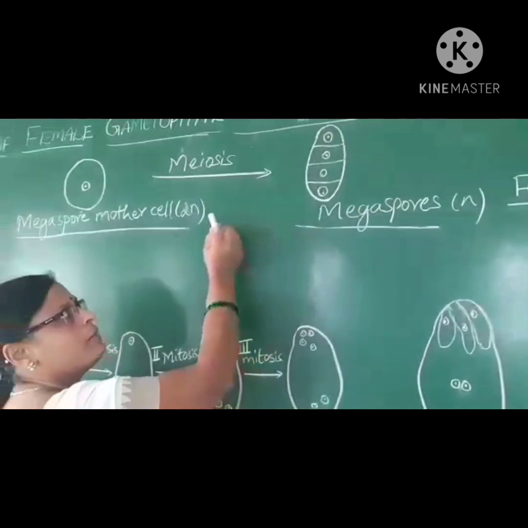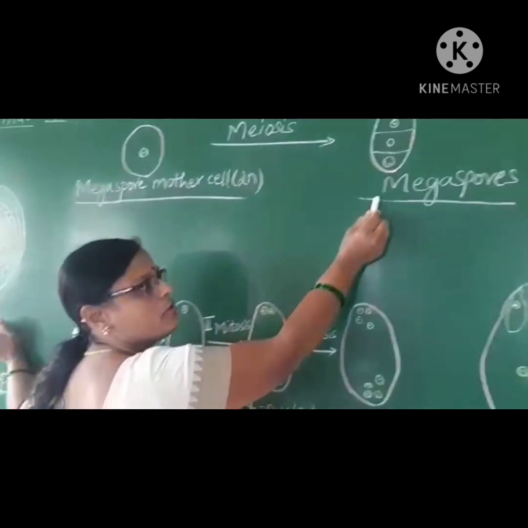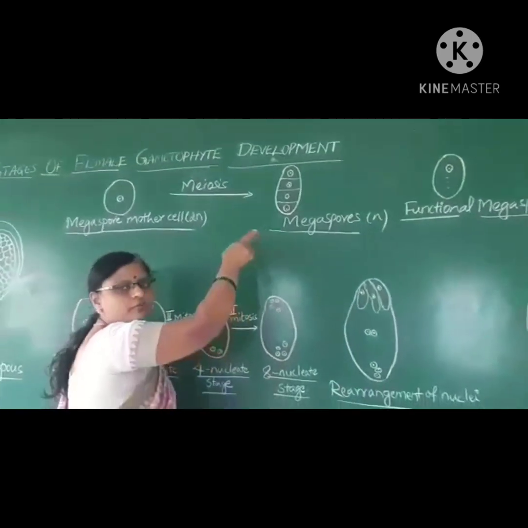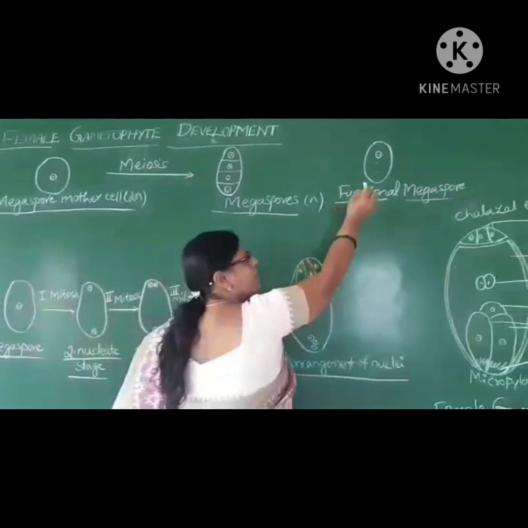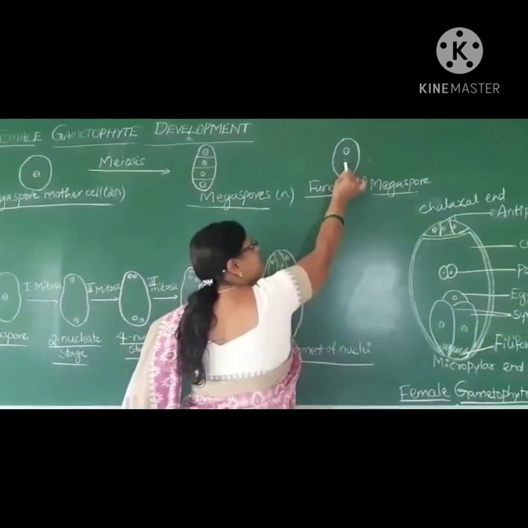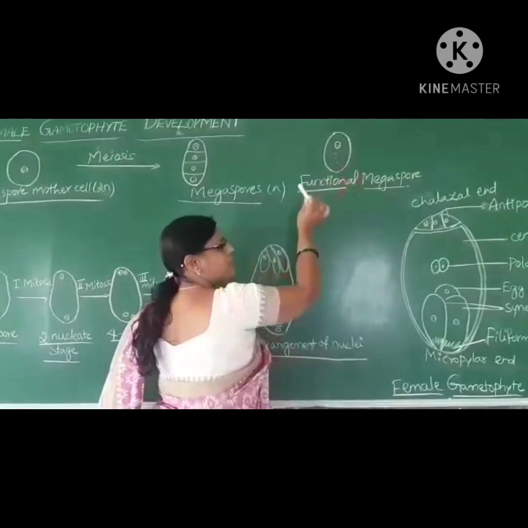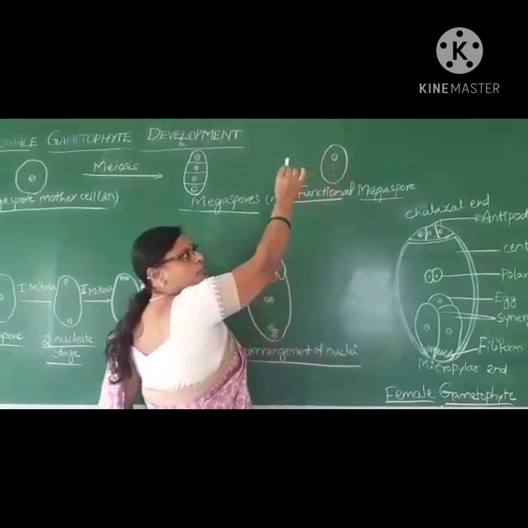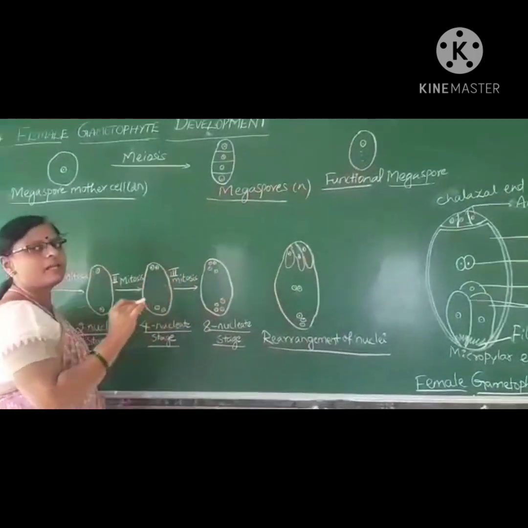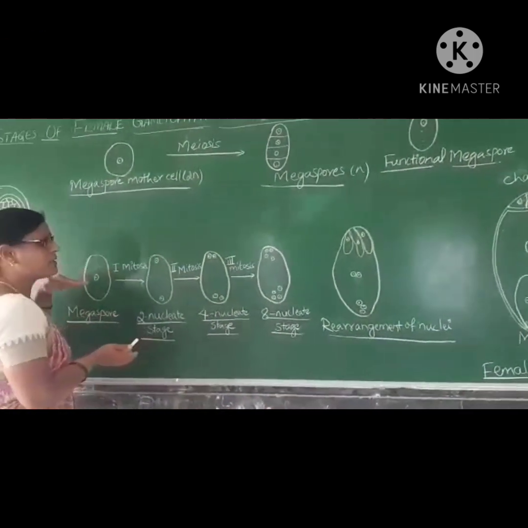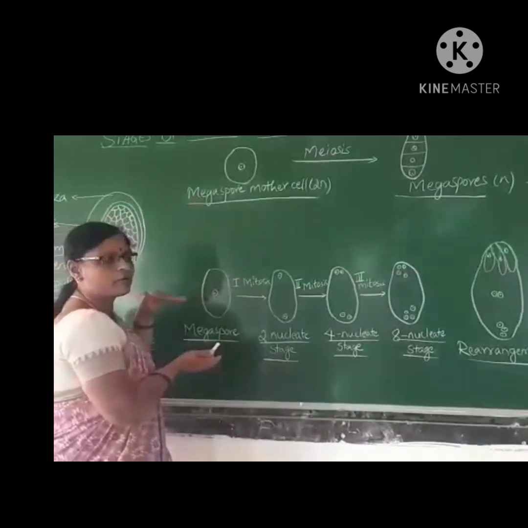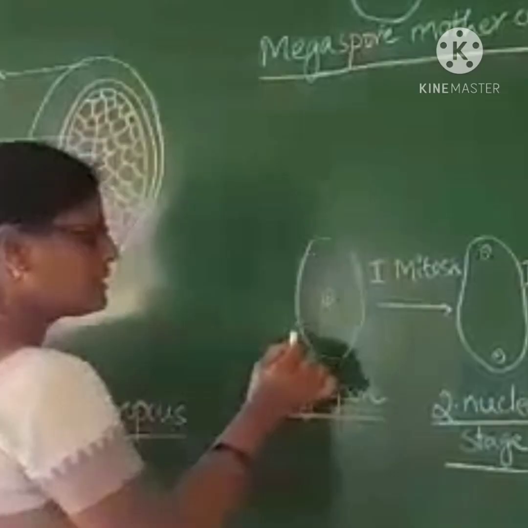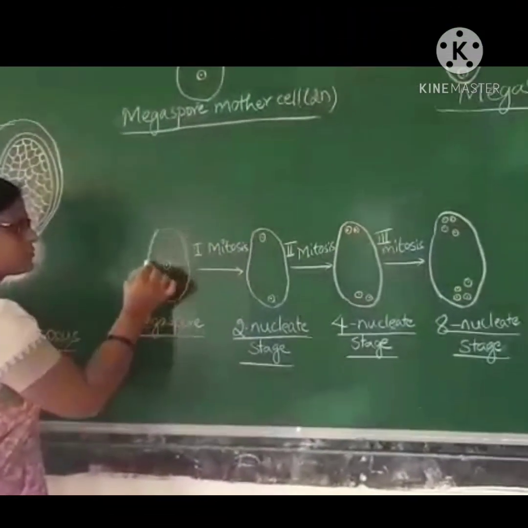One megaspore mother cell can produce 4 megaspores. Among these 4 megaspores, only one remains functional and the remaining 3 degenerate or disappear. This functional megaspore develops into the female gametophyte. Now the actual developmental stages of female gametophyte from megaspore begin. The functional megaspore undergoes